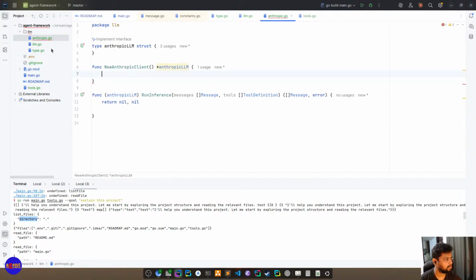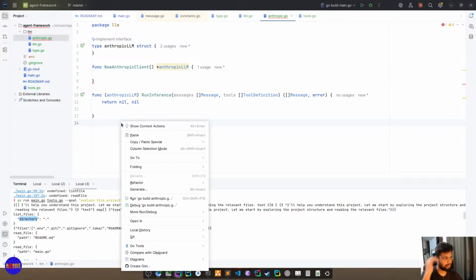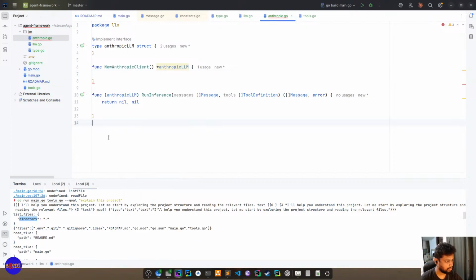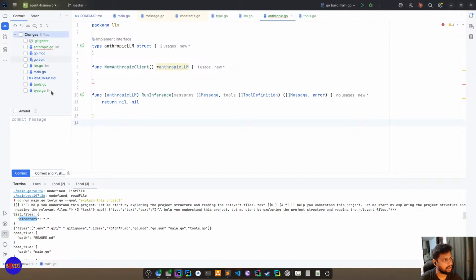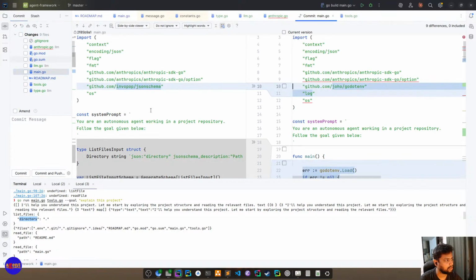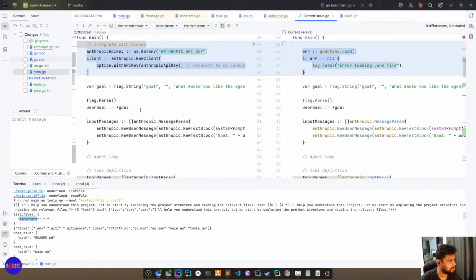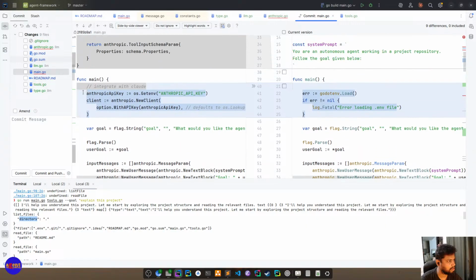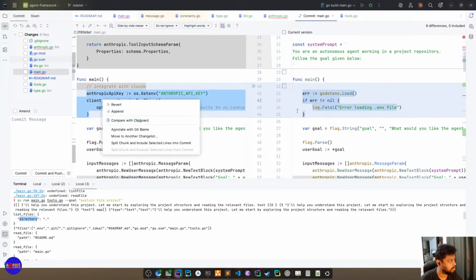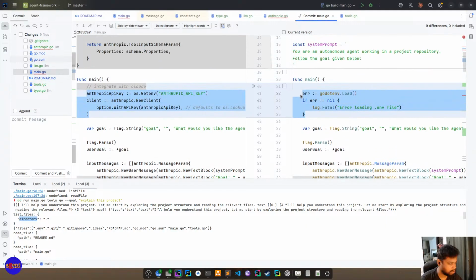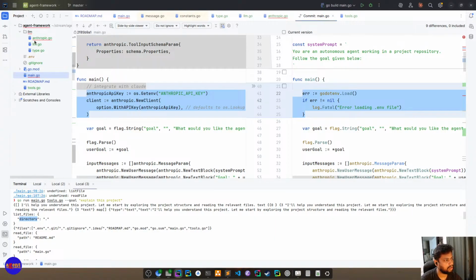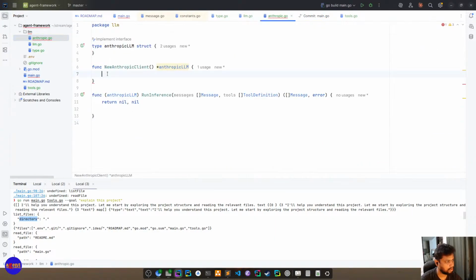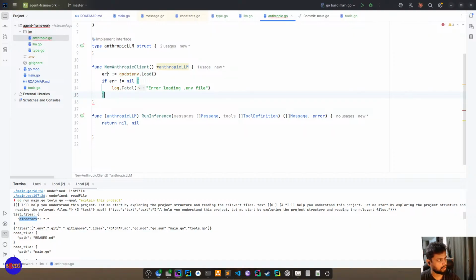And code. Okay, let me see it in the diff. Yeah. Read it. Oh, this is wrong.